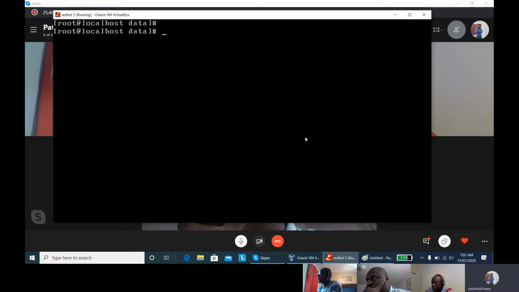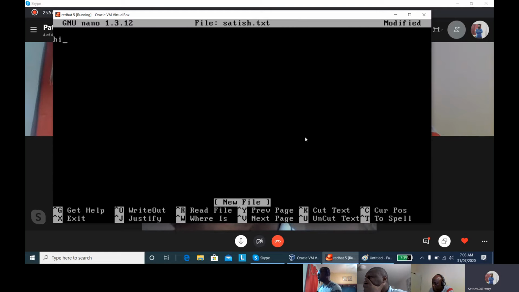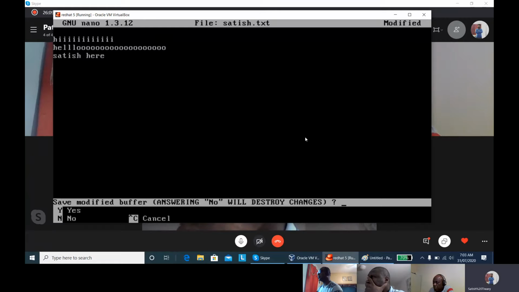and that is the nano editor. Nano editor, okay? So nano, and you can create a file satish.txt. Just write anything, like hi. There is no insert mode, okay? Just start typing. And if you want to save, just press Ctrl X,